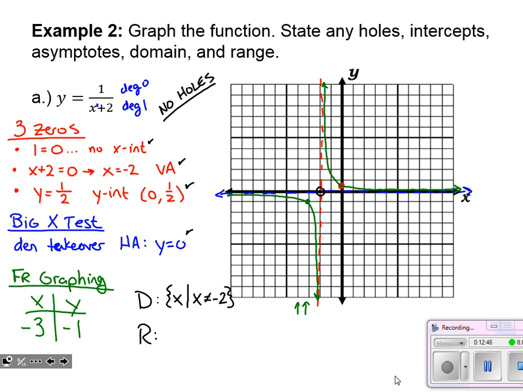Okay, and then for the range, now I'm looking at the y values, the heights, and they work just fine. Everywhere along the y-axis, I'm leading toward the graph except for when y equals 0, where I had my horizontal asymptote. So I'm going to do a similar statement here with the y values, saying my range is all y values such that y does not equal 0. Every other y value is okay, just y equals 0. That's what we have to leave out.